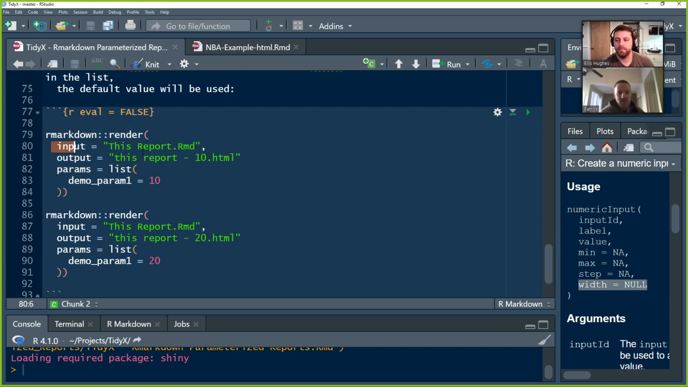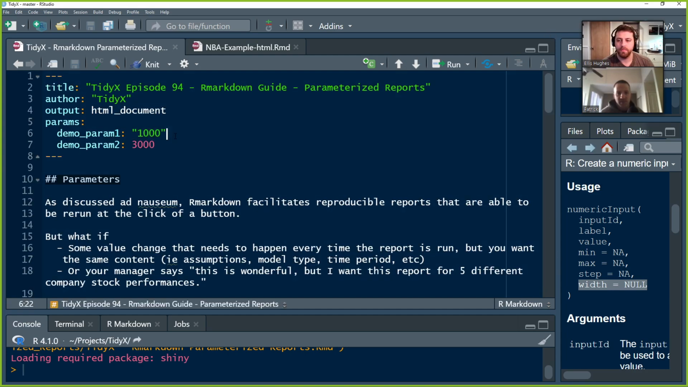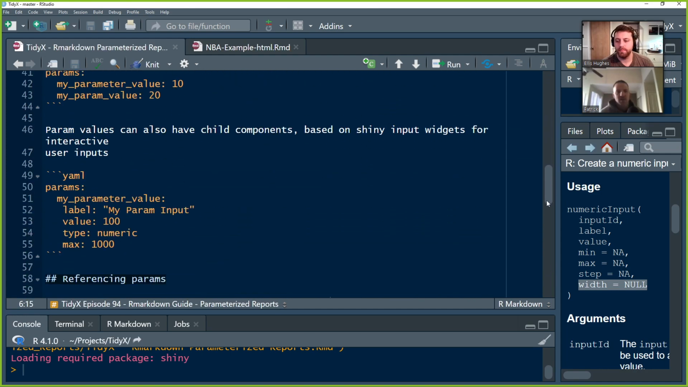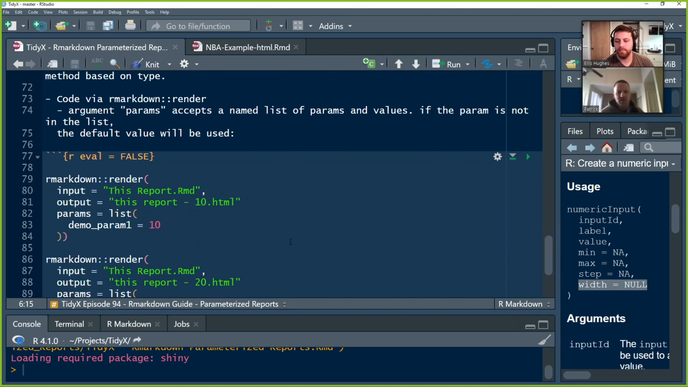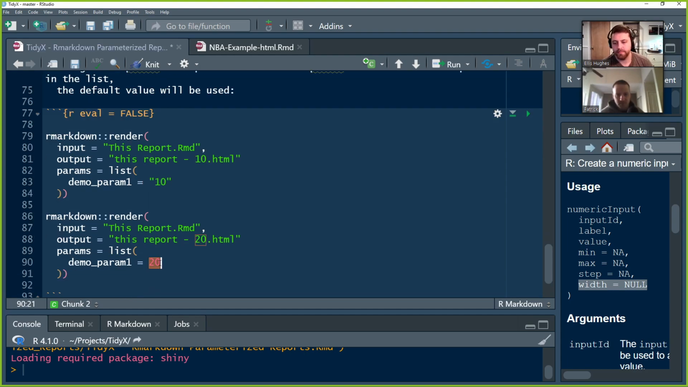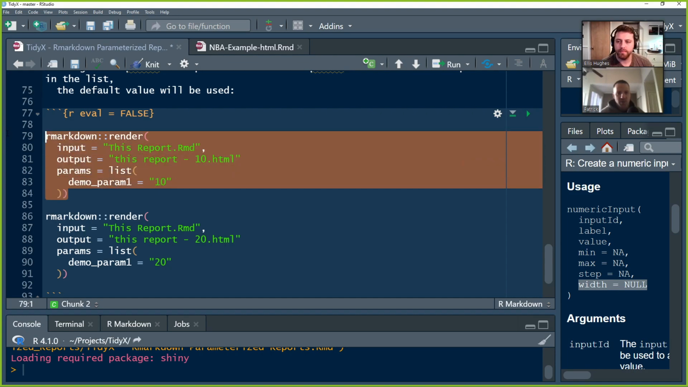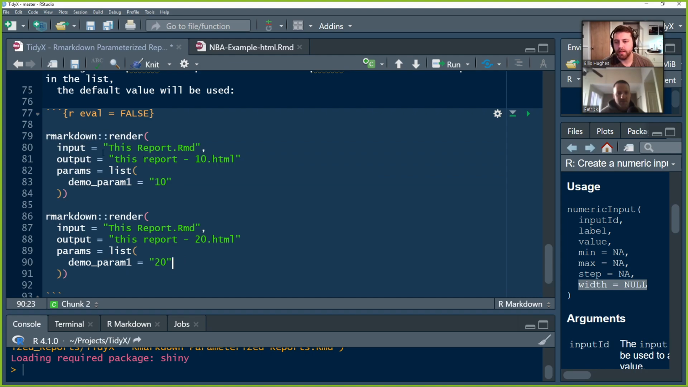The demo parameter is going to be 10. If it was blank, it would be some sort of default value, whatever was up at the top. So that was 1000, and then 3000. 1000 is a character, and then 3000 is an actual numeric. Same deal. So the difference between these two is we're just setting demo param 1 to either be 10 or 20. You'll probably want to also set your output from your Rmarkdown so you don't overwrite them,